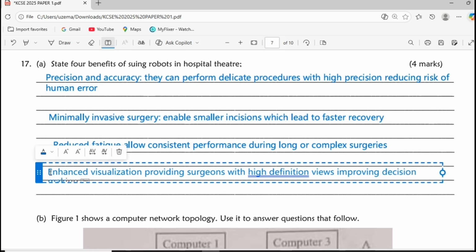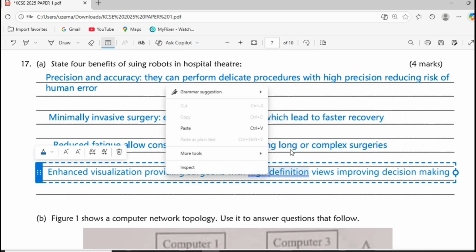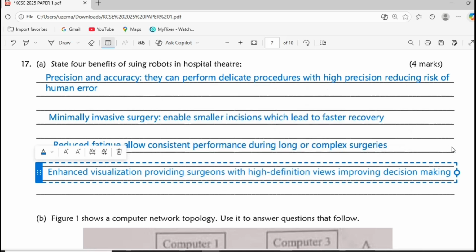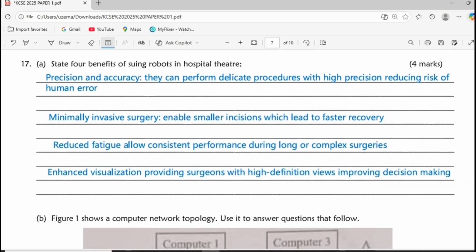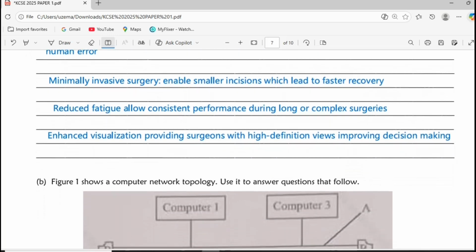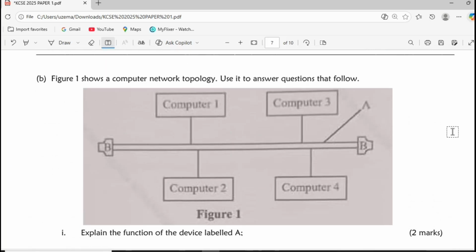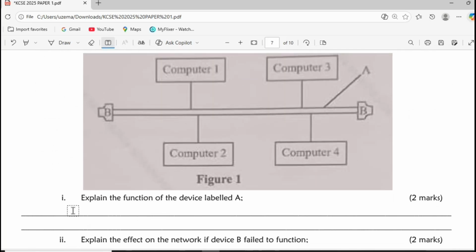Lastly, we're saying that robots enhance visualization. We are saying that robots can enhance visualization, allowing high definition views, and this can be useful in decision making for surgeons. Next question. The diagram below shows a